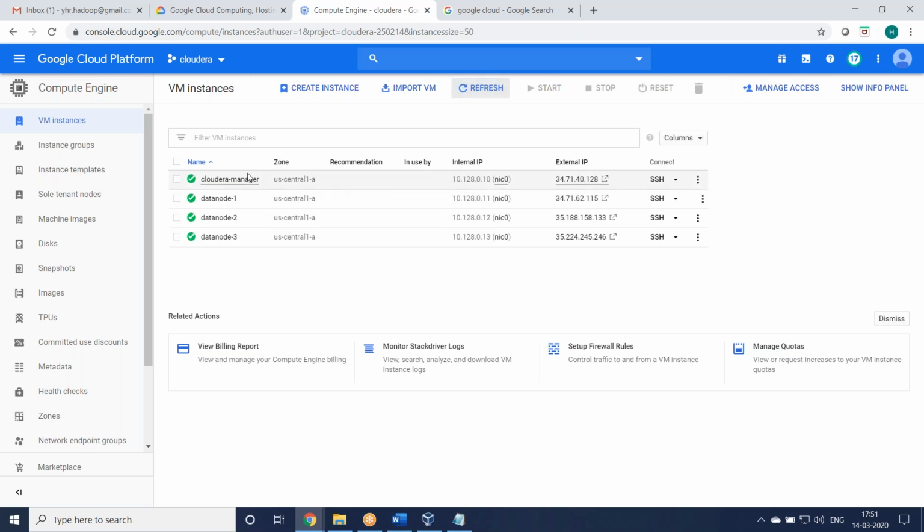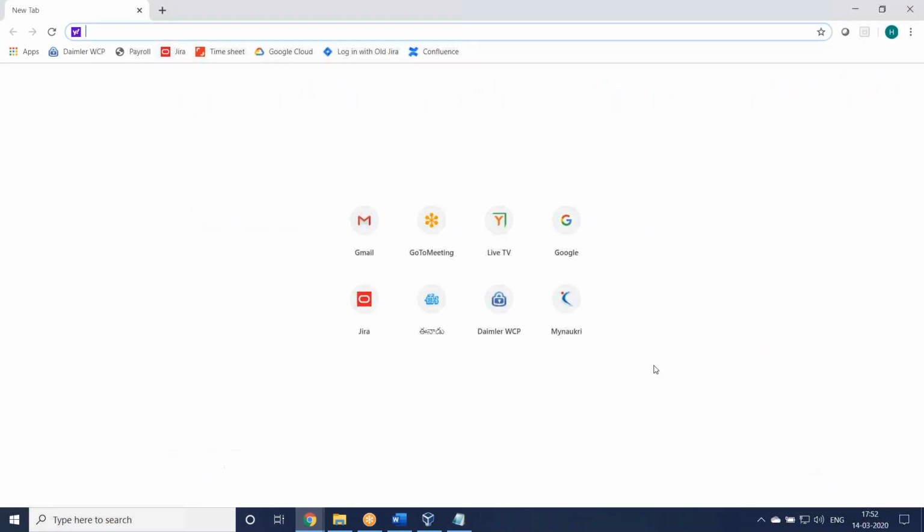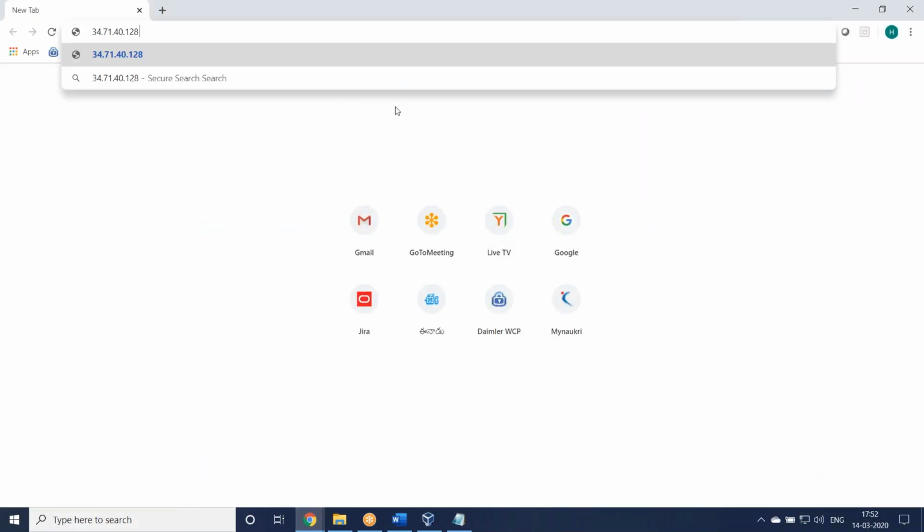So we need this IP address, the Cloudera IP, right? Just copy this IP, go here, to the last, then port 7180. Sometimes if your firewall rule is not created, this page will not display.